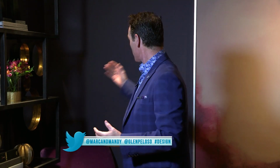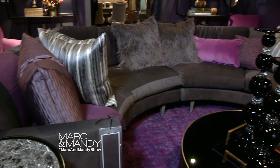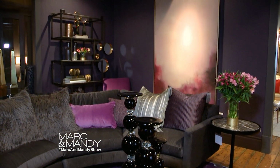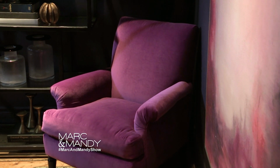You can see we've used on this wall a really deep, dark, smoky purple for that. In the sofa there is a purple undertone almost into an ink blue. Along here we played with grays, some really deep purples in combination with this, and you can see that taking a relatively traditional chair like this English rolled arm chair, putting it in a wonderful velvet that has that sort of purpley mauve color into it really helps to give the room a bit of a lift in terms of